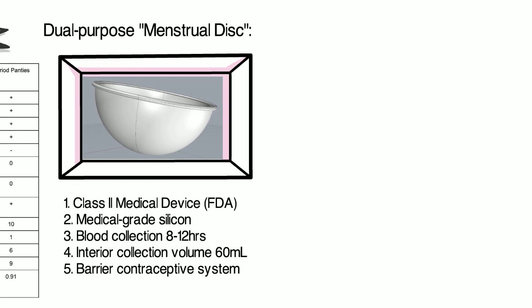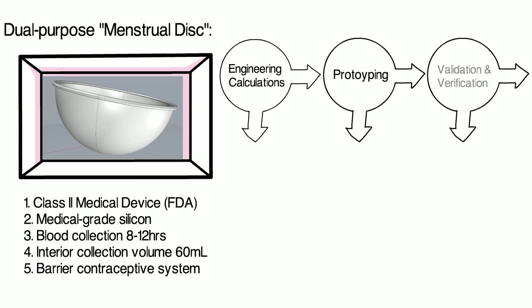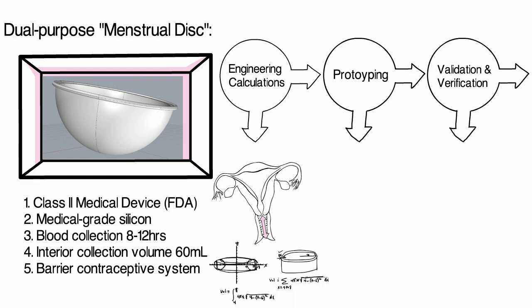After this initial period of ideation, our team began to focus on the technical design aspects of the model. We performed several engineering calculations to solve for the disc's surface area, curvature, and overall correct anatomical placement. We used published statistics on average cervix size and radius for our calculations, keeping in mind that our product would need to accommodate a wide range of anatomical variability. These calculations led us to a concave lip design with an inner radius of 32.5 millimeters and an outer radius